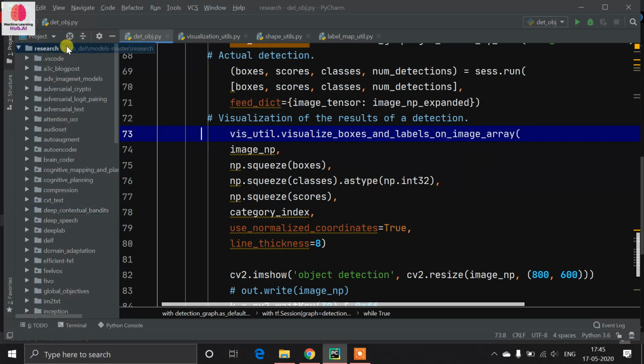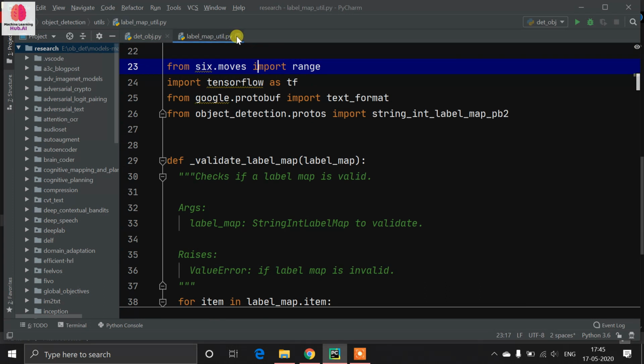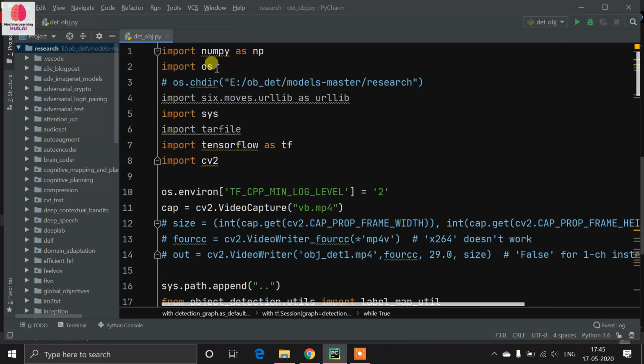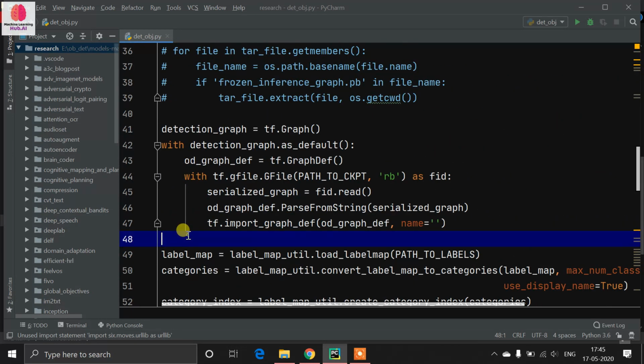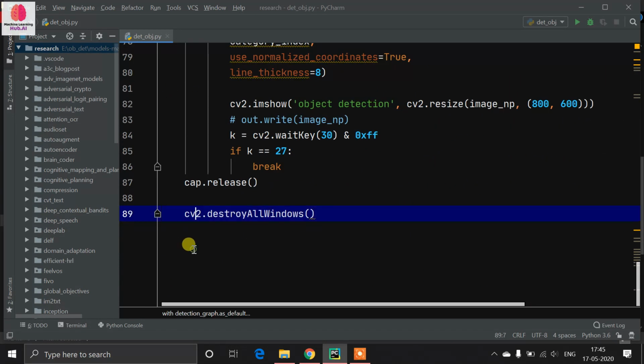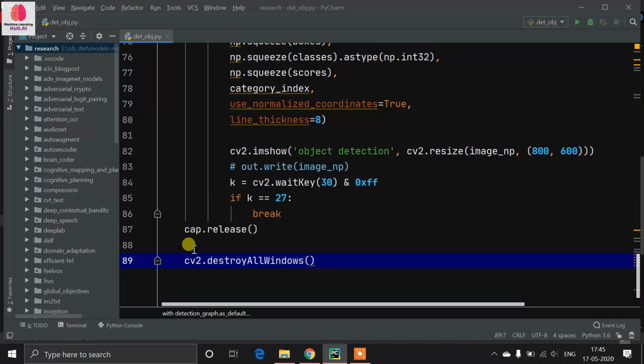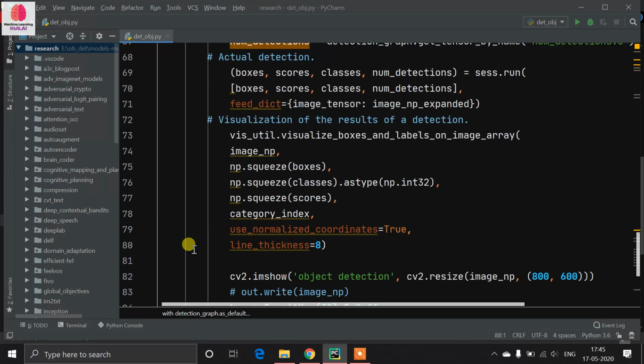Now just create a new Python file. I have given it the name detect object. The code is already ready-made, so you don't need to write any code. This code is officially given by TensorFlow. I will give this link; the code is in the object detection directory.